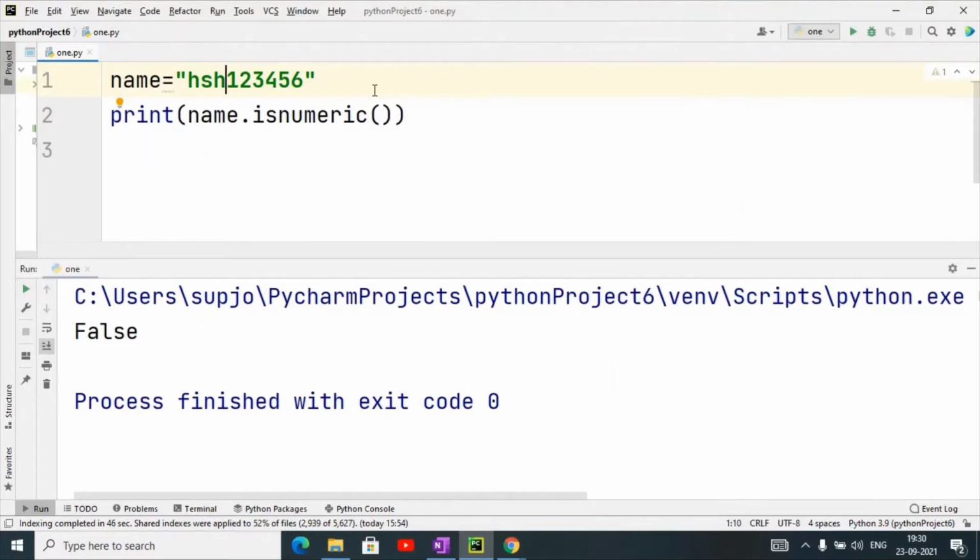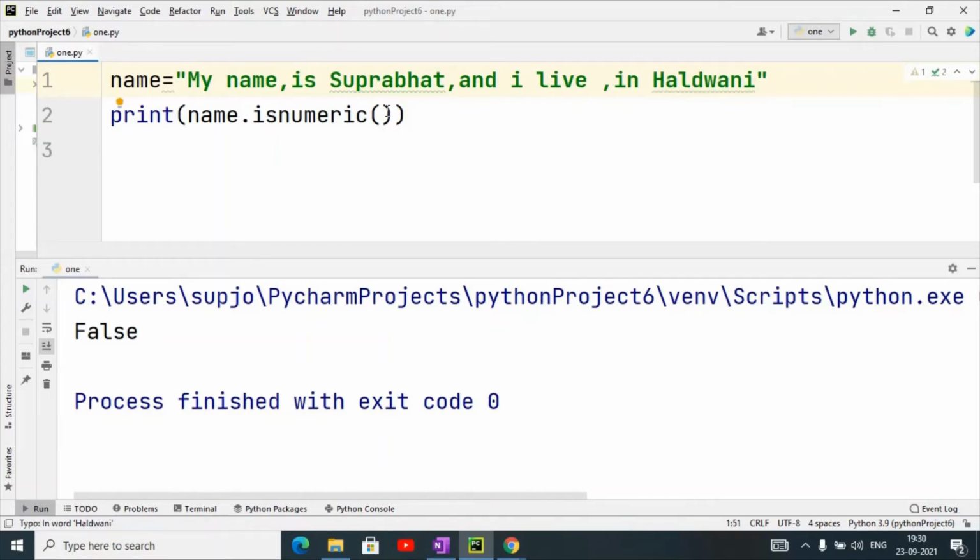Suppose I have written a string: my name, then I have given a comma, is Suprabhat, comma, and I live, comma, in Haldwani.